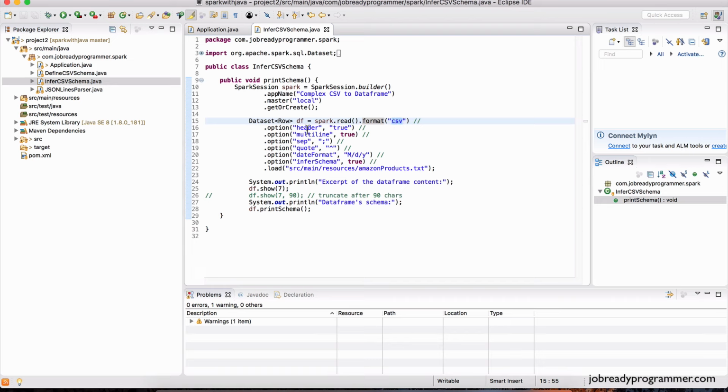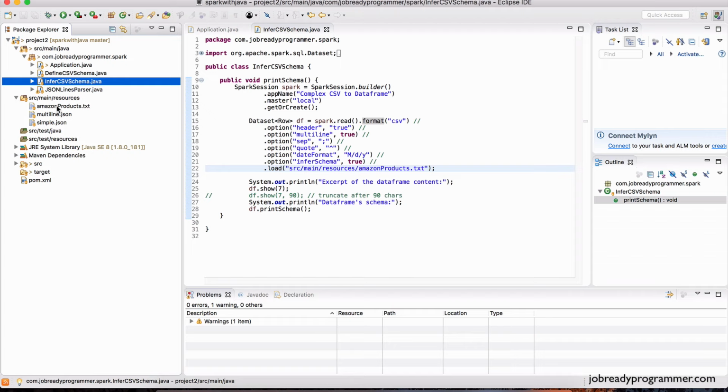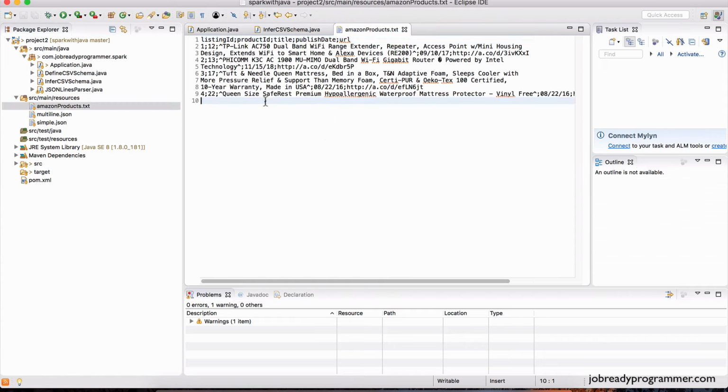Now there are some various options here because this is a more complex CSV file than the code that you saw earlier. So let's open this up. This file is located in the source main resources folder. So that's right here, and it's called Amazon products. Let's open that up. So this is a CSV file that actually goes on multiple lines. First of all, these are the headers. It has 1, 2, 3, 4, 5 columns, and then the first column contains the ID, the second column is the product ID, and the third column is basically the title, which is all of this,